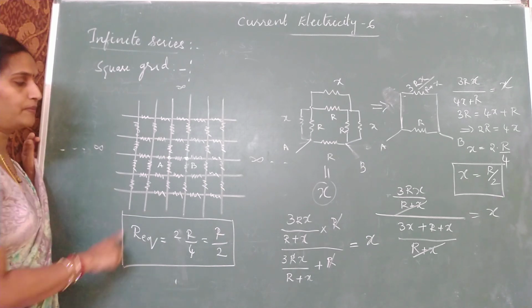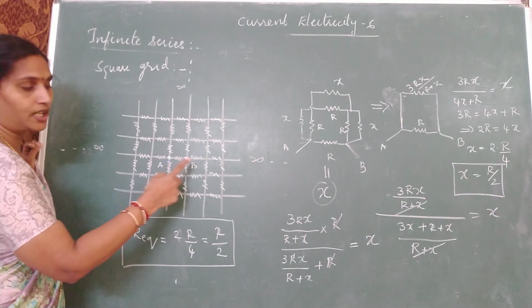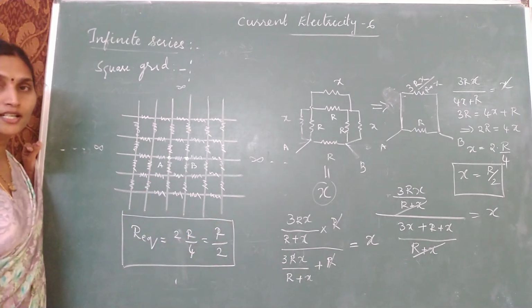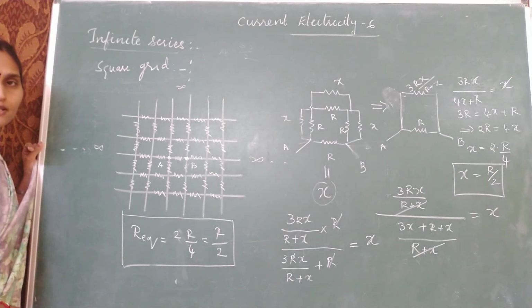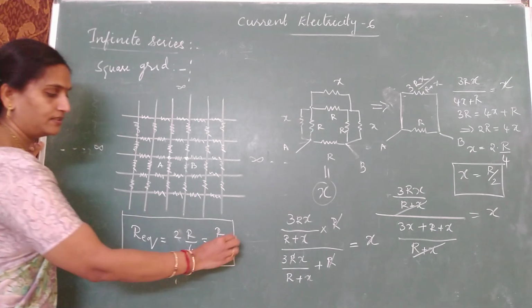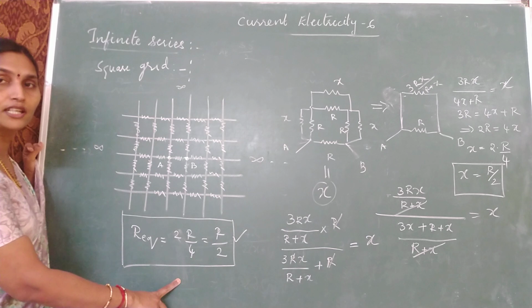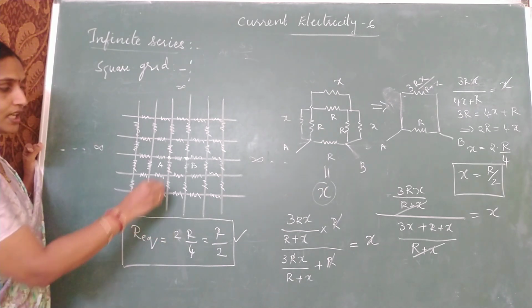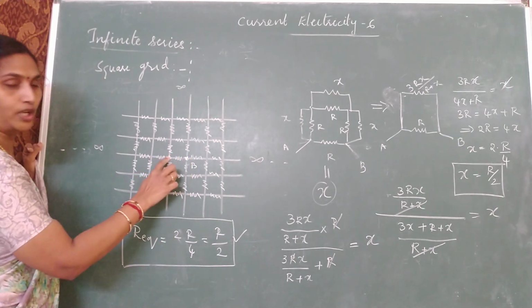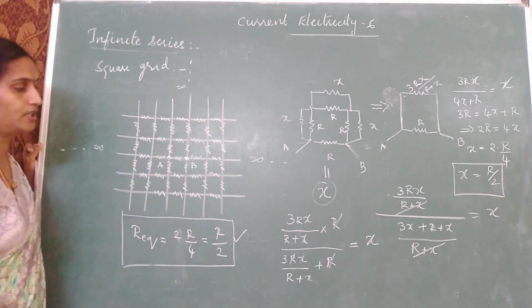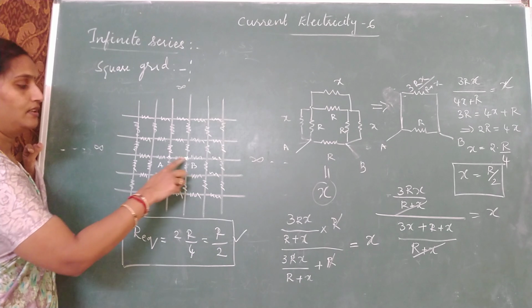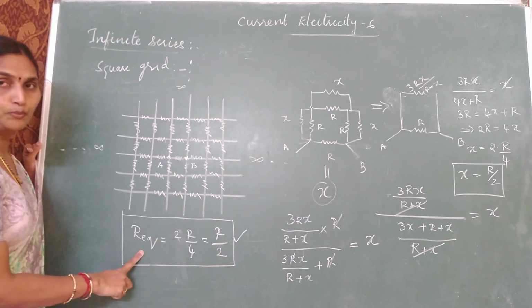But there is one more method, giving the input current and taking out the current. Also we can find out by using the superposition principle. But for the time being, this is enough for getting the answer. But this is the case, remember, only for adjacent points. Okay, it is not for diagonal points. For diagonal points, again I have to tell you another method. So you can just find out between the adjacent points.